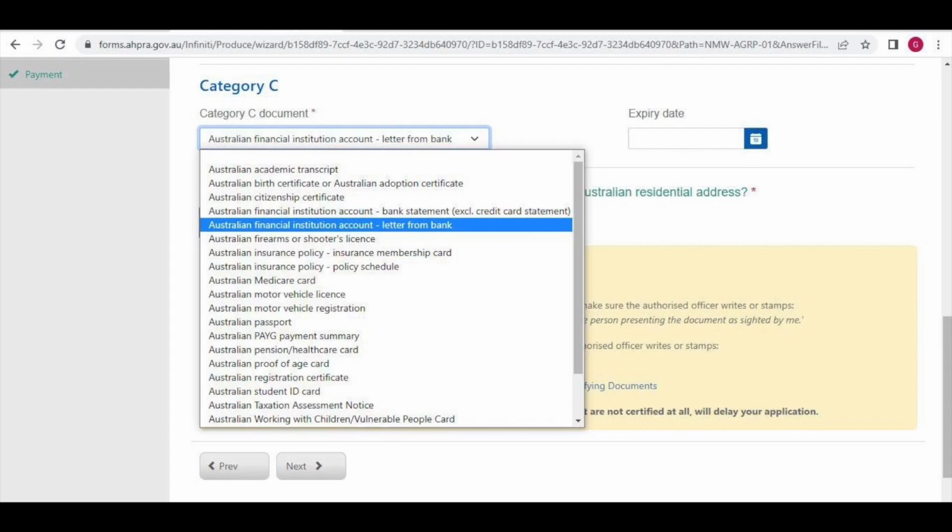If you can't provide anything from category A and B, they would still require you to submit any identification listed in category C. Most of the offshore nurses, especially those coming here to take the exam, try to apply for a bank account in Australia, so they will have another identification that they can submit to AHPRA. But I don't know if that's enough. I'm not really sure. I haven't talked with anyone yet who has done it,